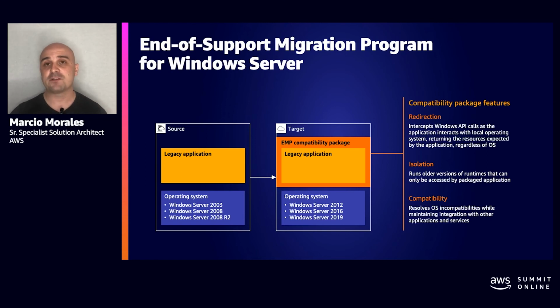And then you have two options. You can open your application and navigate through your application, and the EMP package is going to intercept all the API calls from the user level and kernel level and create a standalone package, which you can then run on Windows Server 2019. This is a great option if you don't have the installation media anymore, or the people that built this app aren't part of the company anymore. The other option is where you have the installation media. So you open the EMP compatibility package, run the installation media, and you are ready to go.